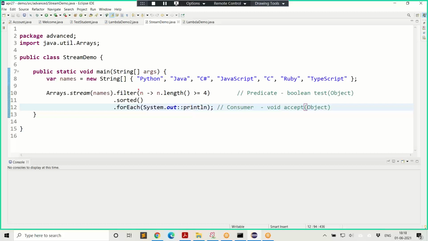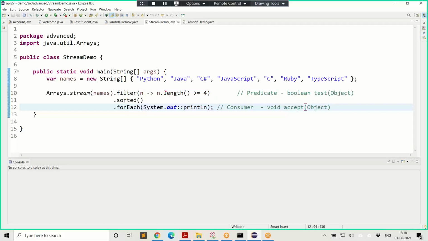In fact, whenever you think of lambda, you're thinking of an interface. Now that interface is actually Predicate. So filter says it takes Predicate, and this Predicate is a functional interface. And that functional interface is having a single method that is test. It takes an object and it must return Boolean.